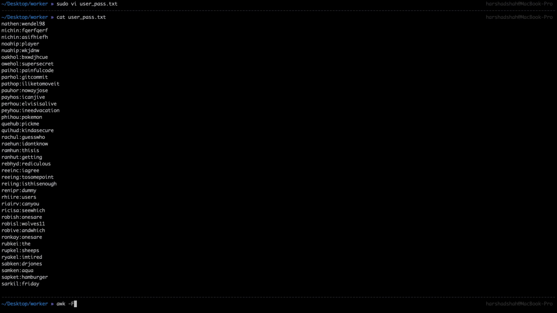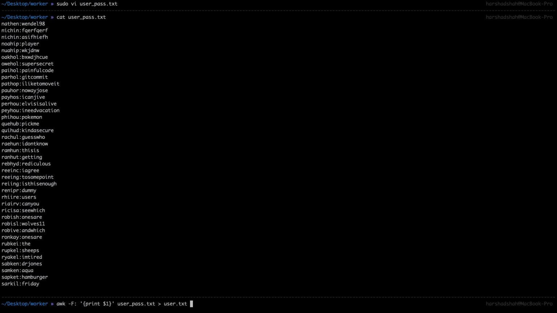Then we require a field separator, which is -F, then a colon, and after that a single quote, print, and we need $1 because $1 means the first section, the user part. After that close the single quote and give a file name. In our case the file name is user pass.txt, and we need to create this in user.txt.